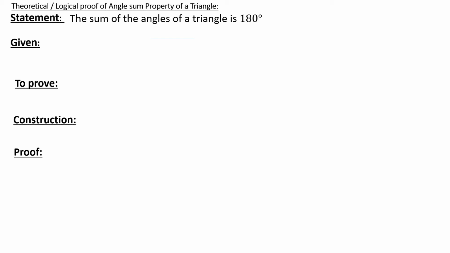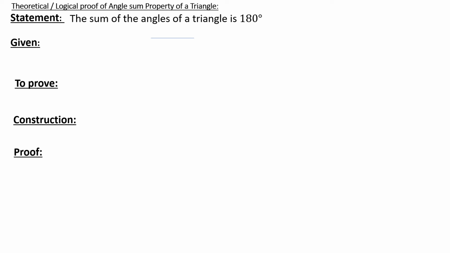Normally, any geometric theorem has two clauses, the conditional clause and the result clause. In the conditional clause, if something is this and this are that, in this context, that is the conditional part, and the result will be this. Just like in English you have a complex sentence, in which there will be a main clause and a subordinate clause. Likewise here, a conditional clause and a result clause.